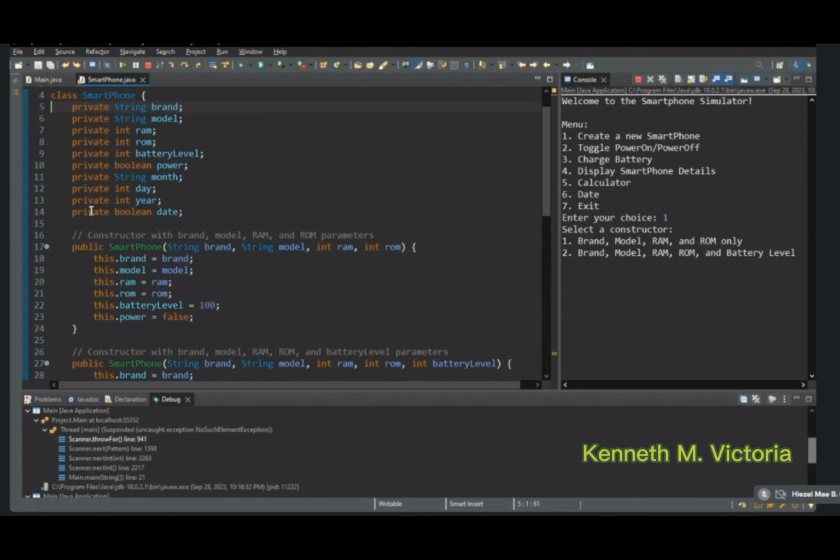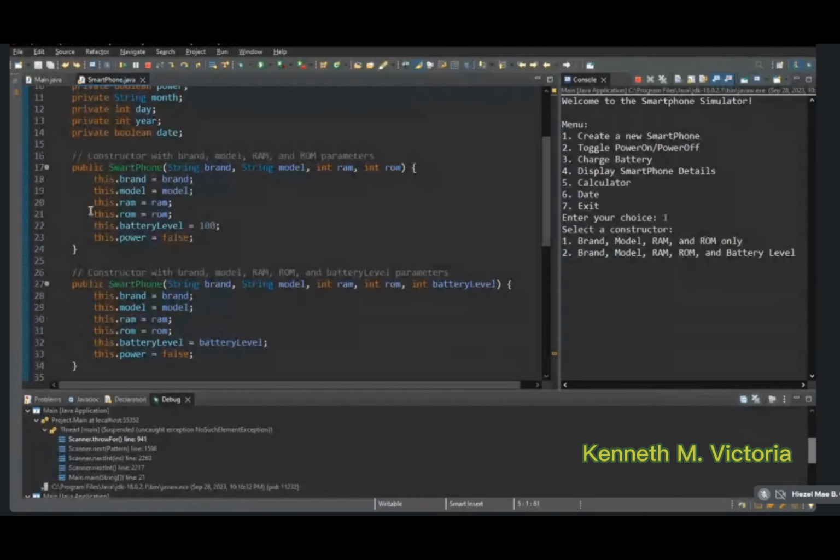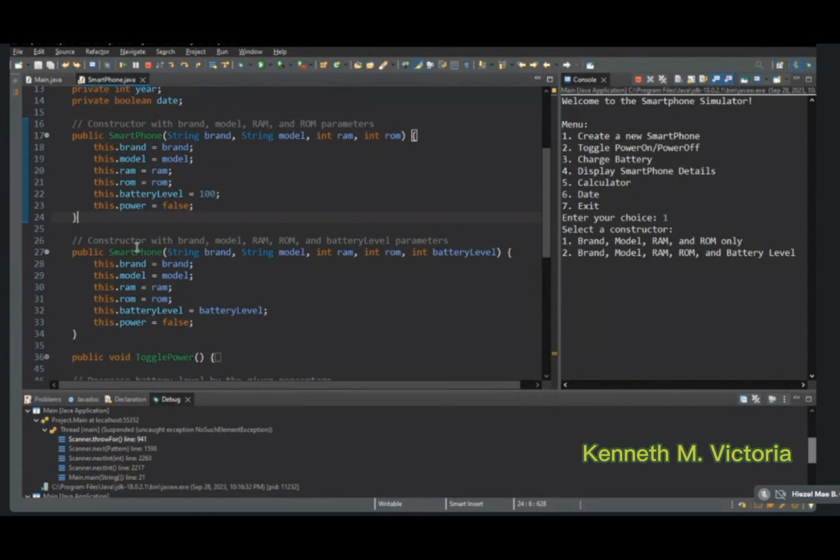And we have two different constructors of our object Smartphone. The first one, constructor overloading, contains the string brand, string model, int RAM and int ROM, and it has a default battery level of 100%. And the next one, object constructor, is the